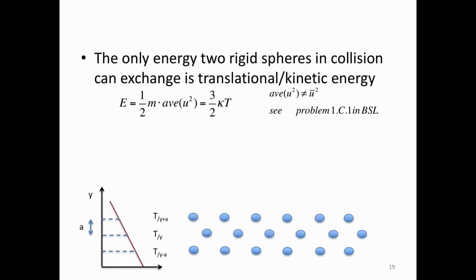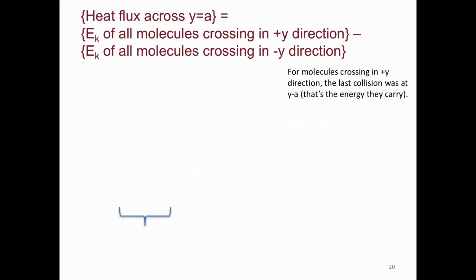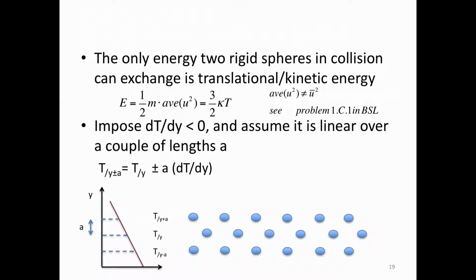Okay? And then I'm going to count how many of them are moving upwards across the plane, and how many of them are moving downwards, and what their energy is, and just subtract the two. And that's basically what's moving across a plane. Cool. So I impose this temperature gradient, and of course I'm going to